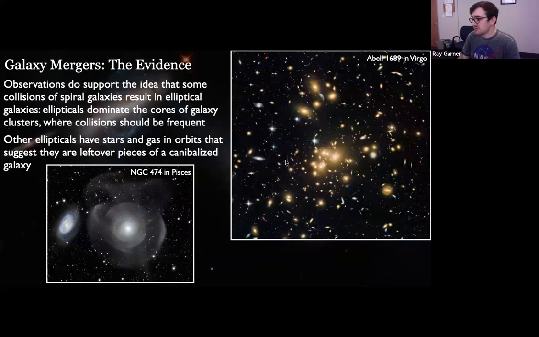You can see some smears like this one, gravitational lensing as well. These are ellipticals and lenticular galaxies. Stronger evidence comes from the structural details of elliptical galaxies. So for example, NGC 474 down here has stars and gas clouds in orbit, suggesting that they're leftover pieces of